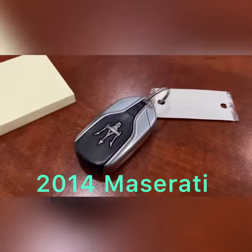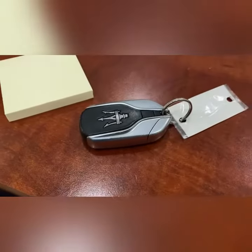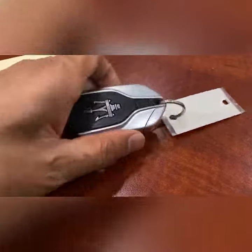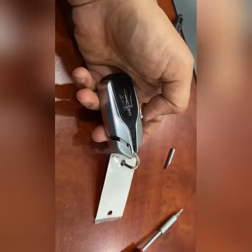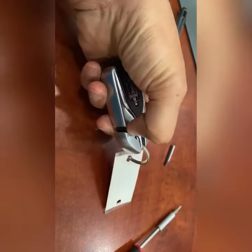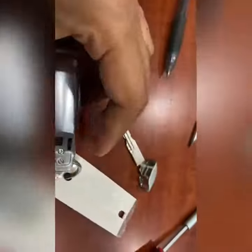Hello everybody, this is a 2014 Maserati Ghibli and I'm trying to change the battery on this thing. For the key battery, you just have to push this button and remove the key here. So you remove the key and then you have